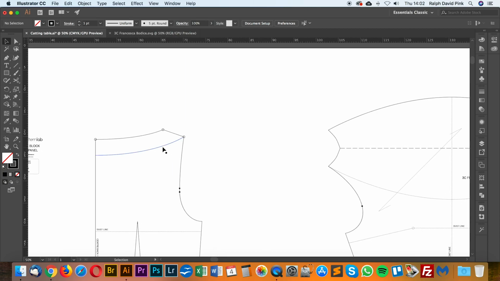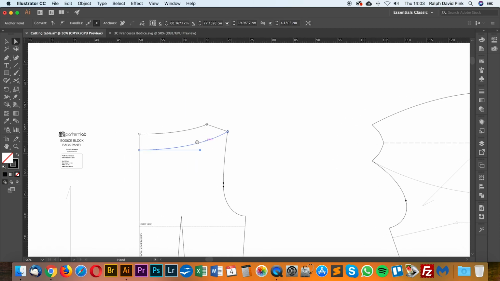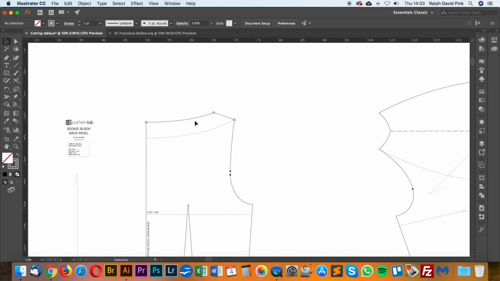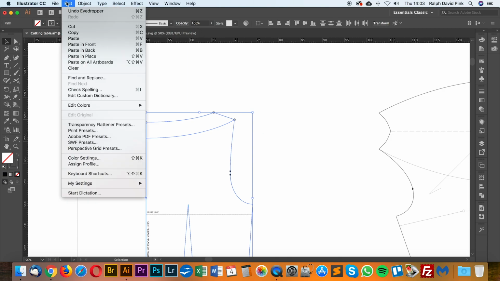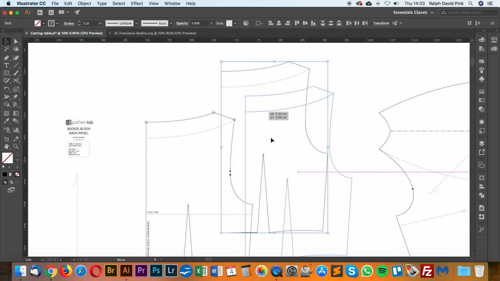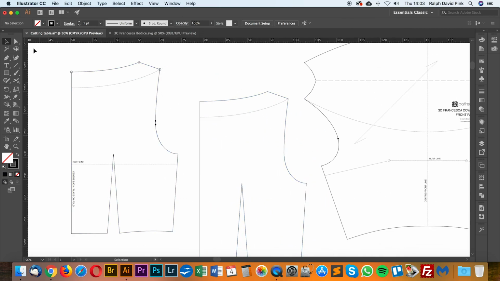So once we have our facing, let's create a guideline out of that. Let's go small selection tool, select that line, eyedropper, and then get the attributes. Next, let's get our big selection tool, select the actual block, hold down the shift key, and select that line. Then go edit, copy, edit, paste. There we go. And then I'm going to get my small selection tool, select the outline,